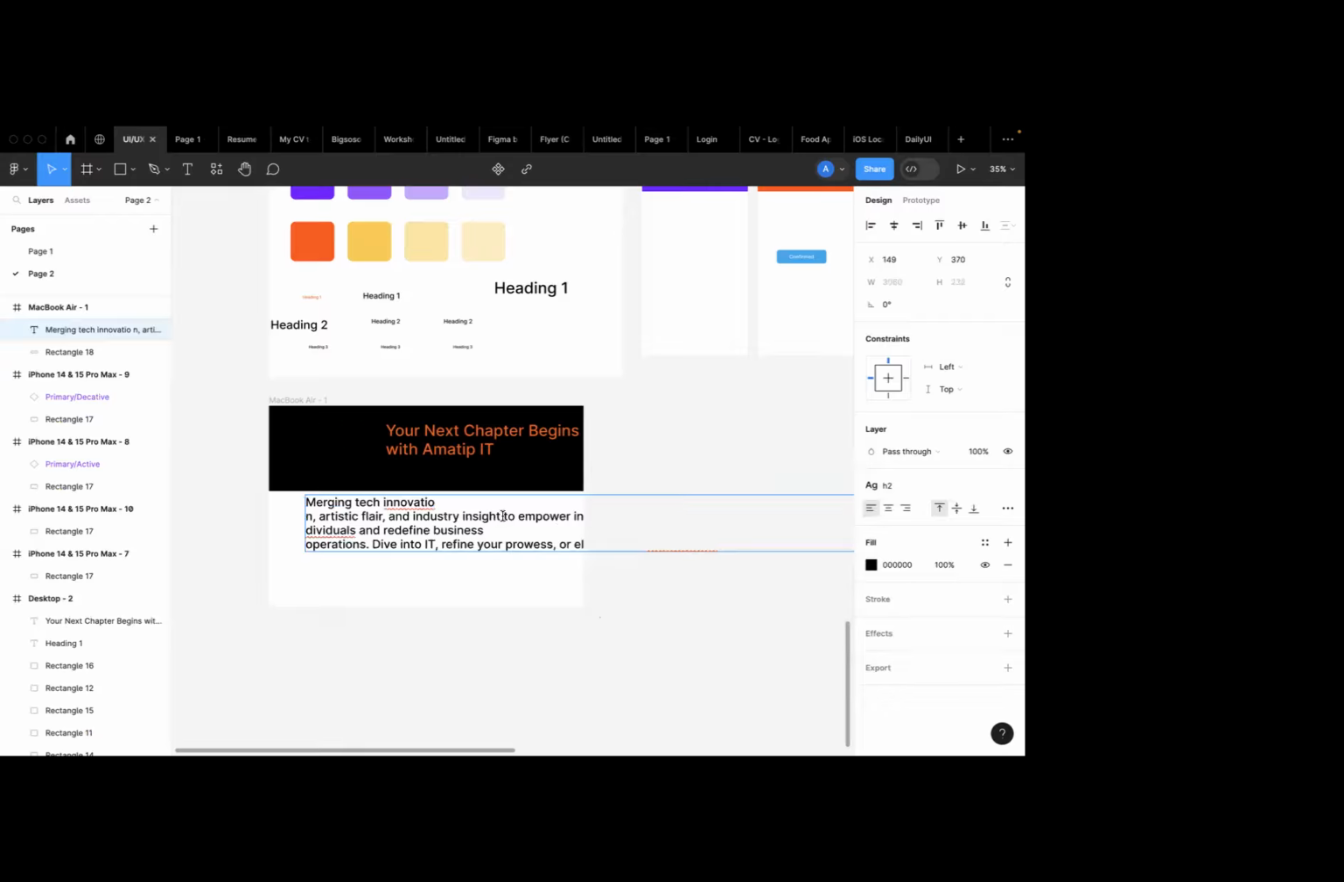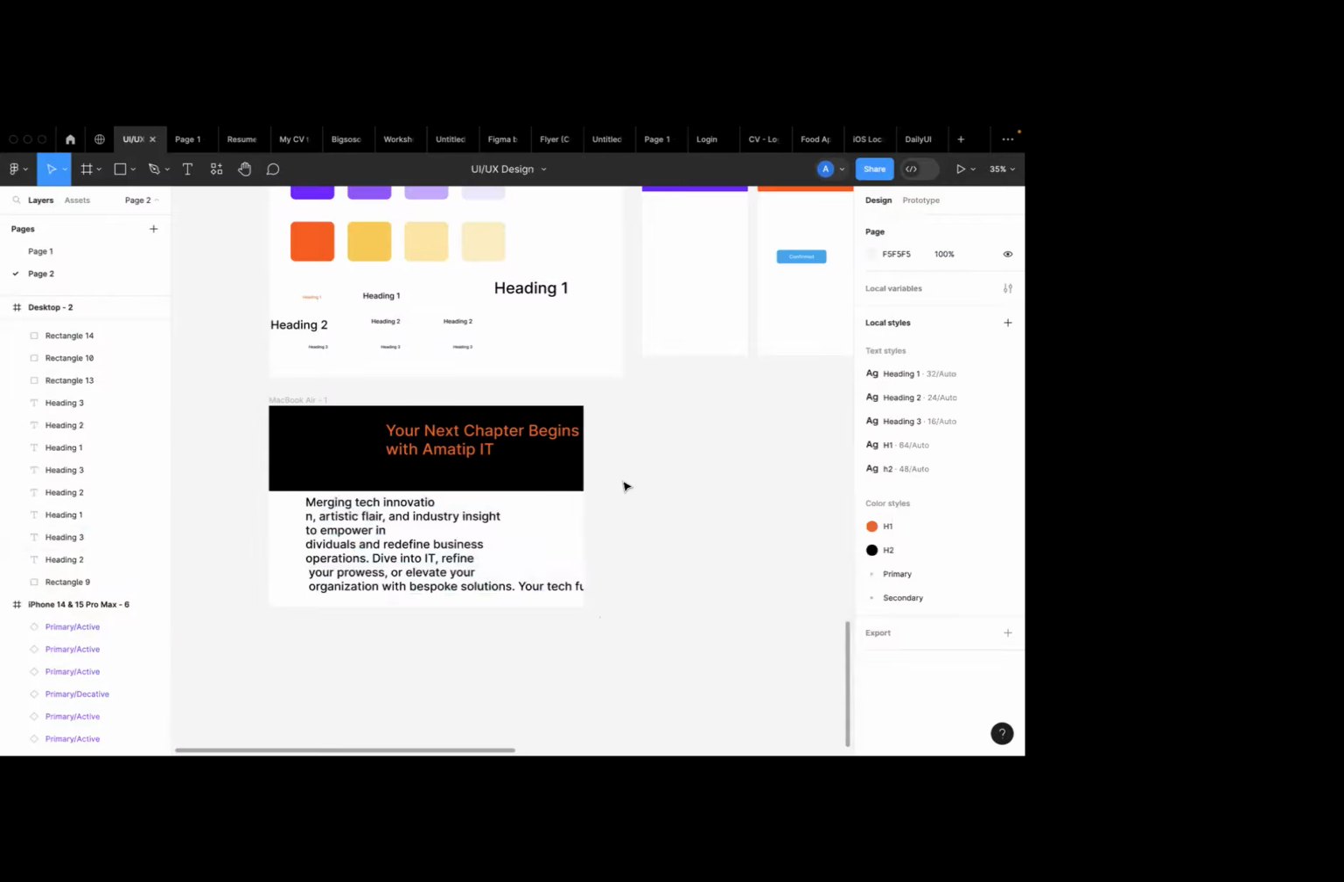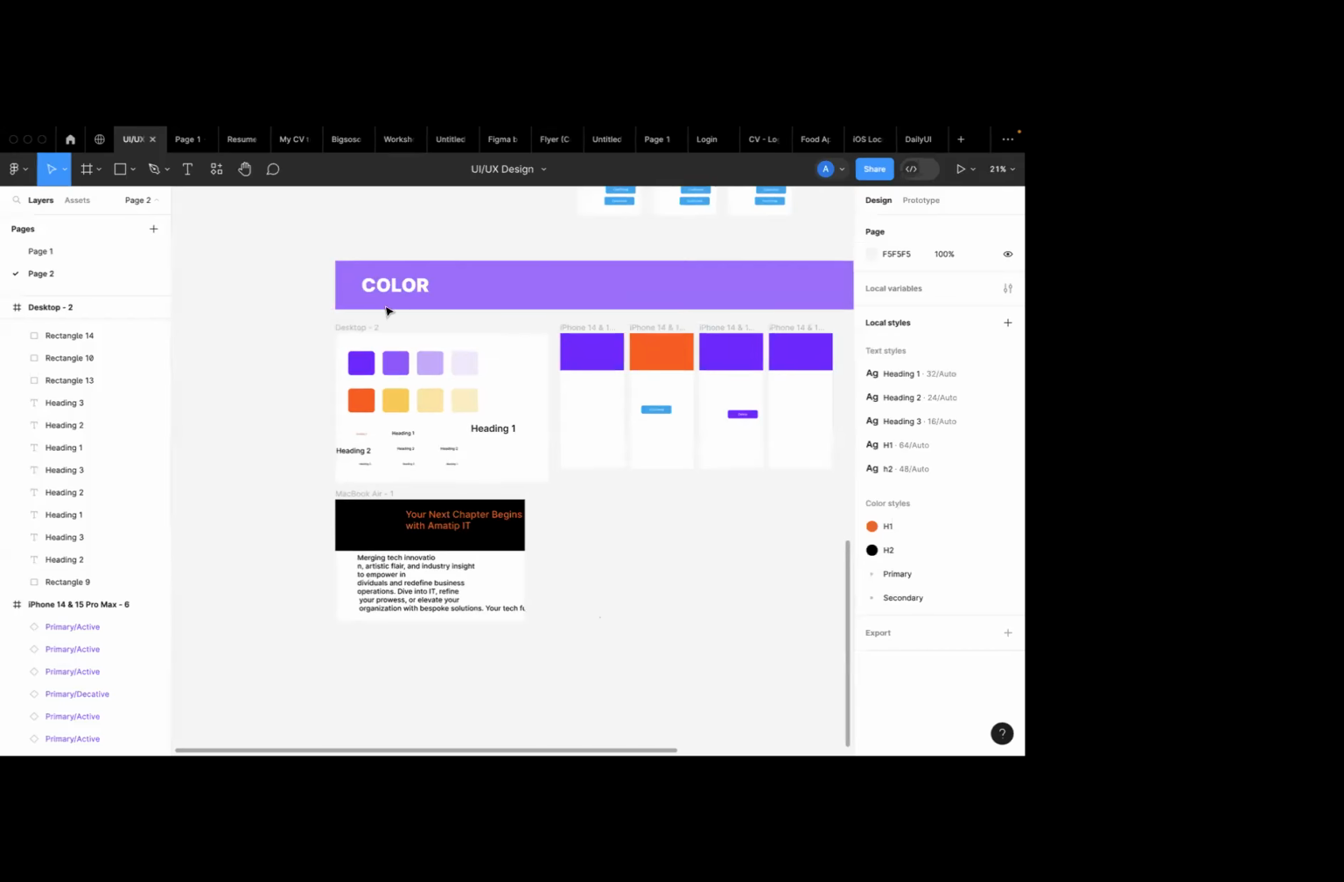Right, so that is it. And the third one is also the same thing. So you can always create your own local style for your text and for your color. So you have your heading 1, heading 2 here, and it always shows you the size that you gave it